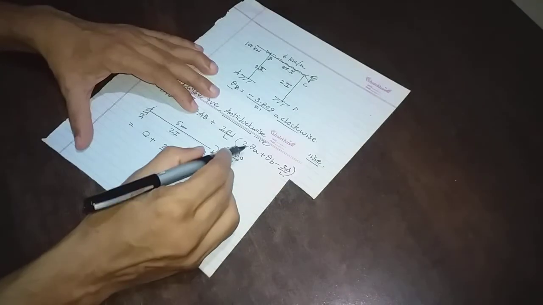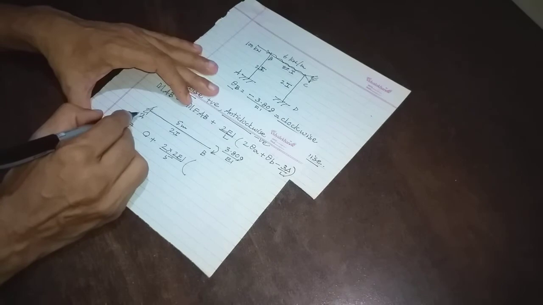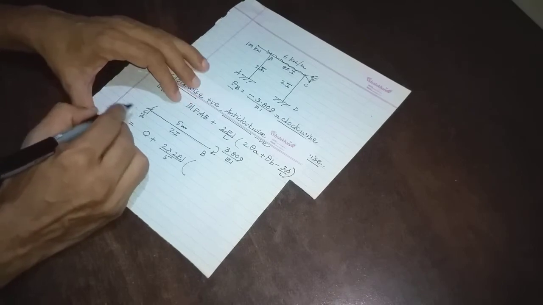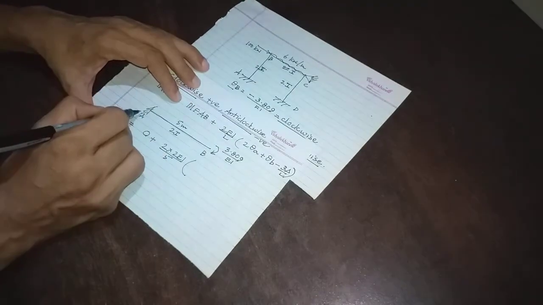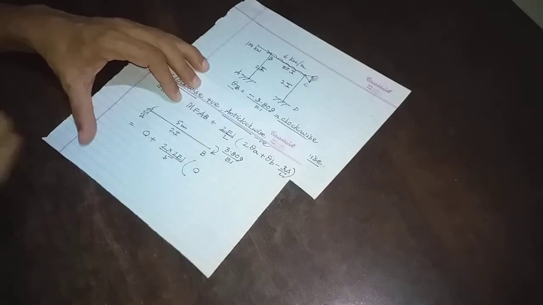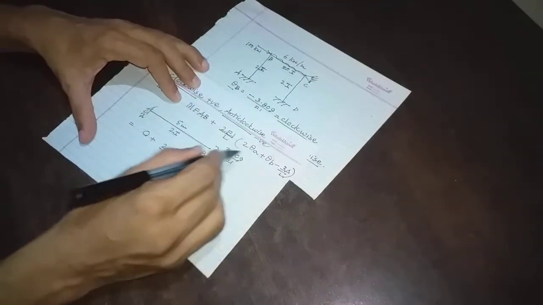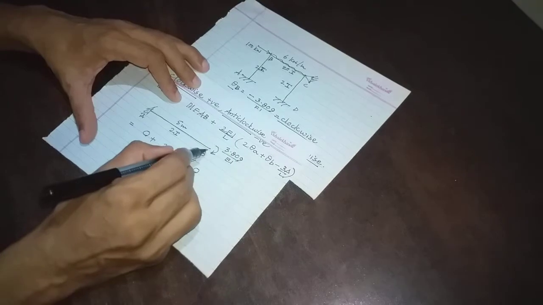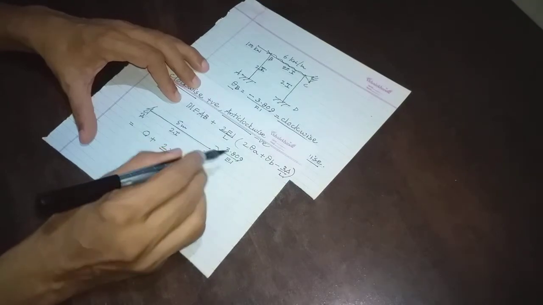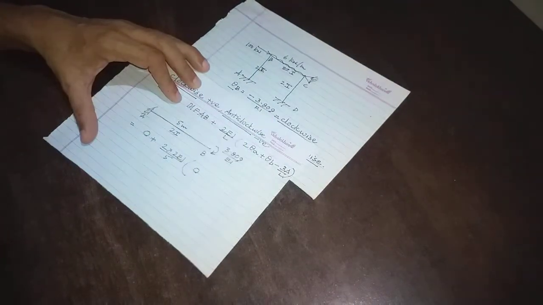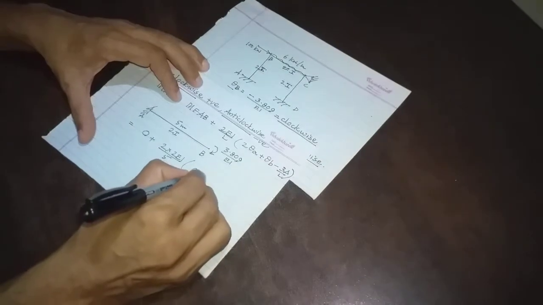Now, what is your concept about theta A? Is that rotation possible at the fixed support? Theta A is the rotation at fixed support. Rotation is not possible. It is 0. What is your concept at theta B? Is it possible? Yes, it is possible because it's a free joint. Do you know the value? Yes, we know the values. We have calculated from stiffness method. That is equal to plus